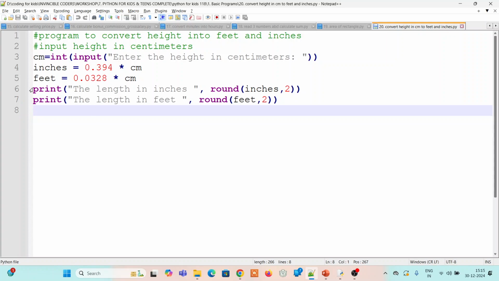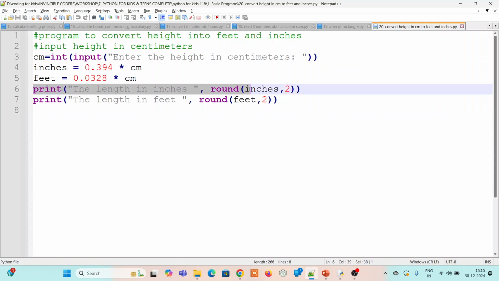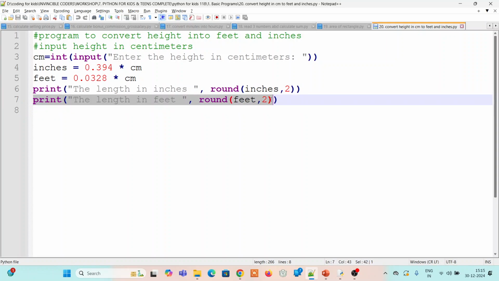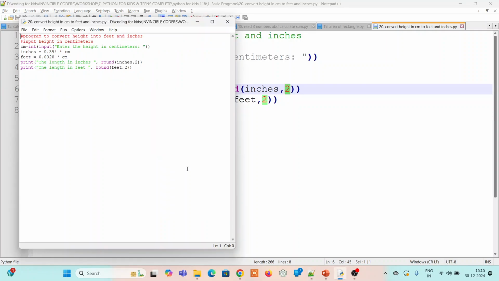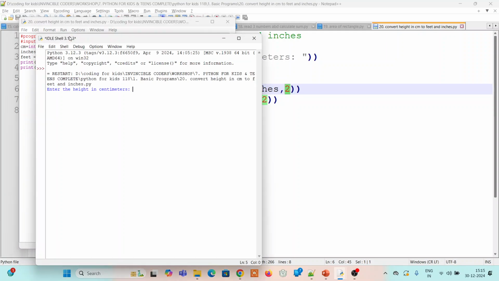After that, we are printing the result, like the height in inches is this much value and the height in feet is this much value, and we are using comma 2 so that up to 2 decimal places it should support. So when you run this particular program in IDLE, here on the run module, it is asking you to